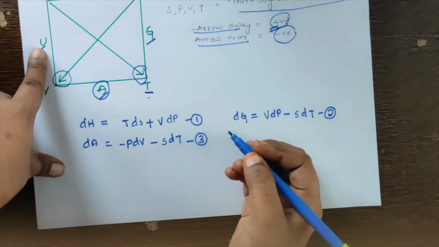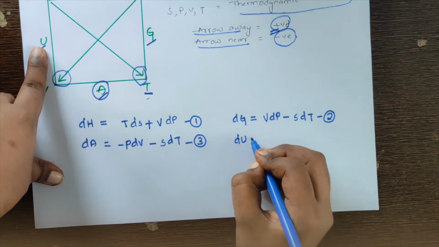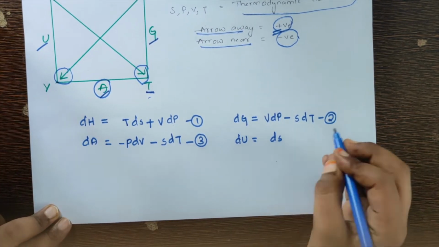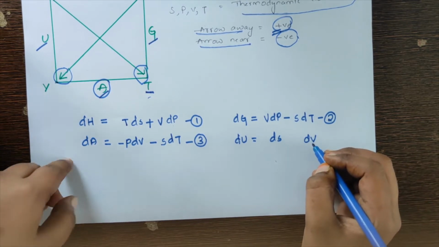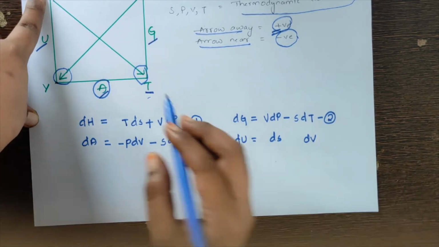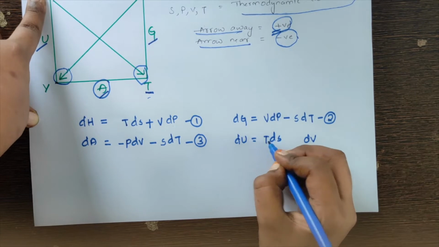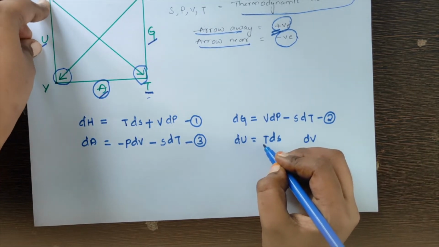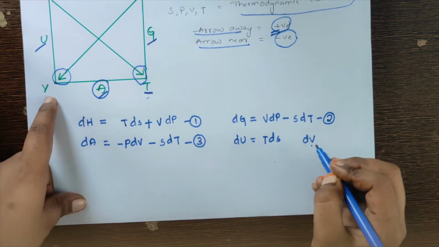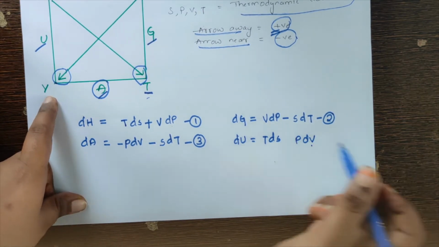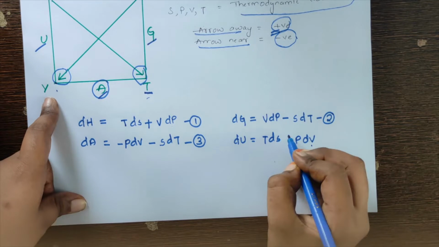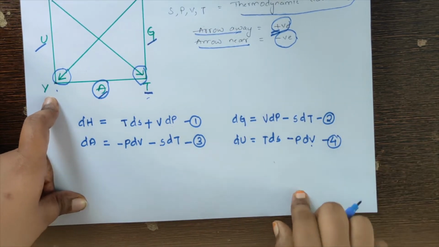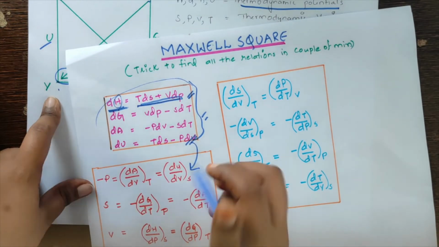And in the fourth, we will be writing for dU. U is in between S and V. Write dS, write dV, and check the arrows. The S is moving towards T. So T, as it is away from S, will be indicated with positive charge. In case of dV, the arrow is coming from P and it is towards V, so it is the negative charge. This is our fourth relation. So now we have derived this box.